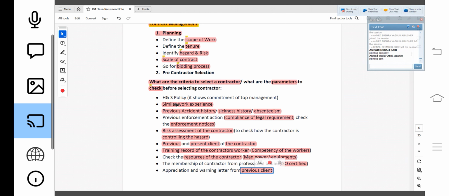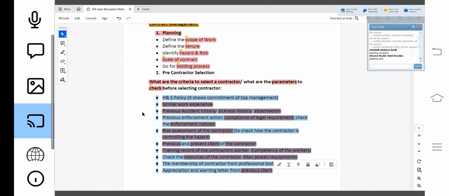So you see, these are the parameters, the checkpoints for selecting the contractor before signing. Before selecting the contractor, you have to check whether these things are okay with the contractor or not. Because if 10 contractors applied, I have to select only one company.